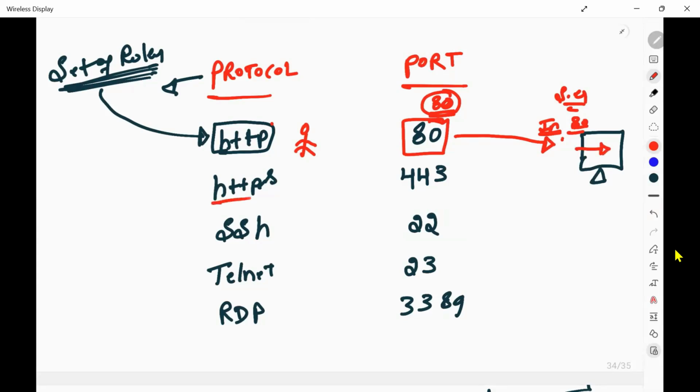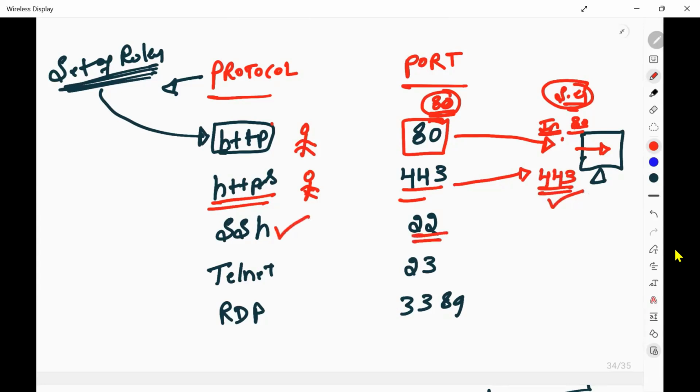In the same way, if the HTTPS person comes, what is the door number for his identity? Door number is 443. If this person wants to come inside your house, what door number should I inform my security guard? You allow this person to come through door number 443. If the SSH person comes, 22 is the door number.